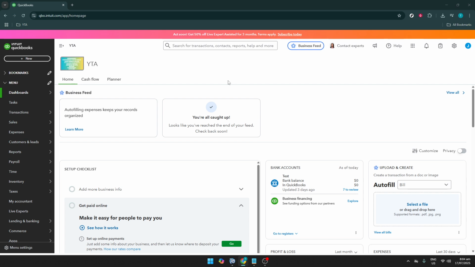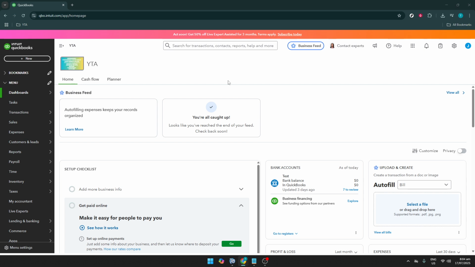If you're not already on their homepage, you can easily get there by typing in the URL on your browser or following any saved bookmarks you might have. Once you're on the homepage, log in with your credentials if prompted. QuickBooks is your go-to platform for keeping your business's financial data orderly and accessible, so getting familiar with navigating it